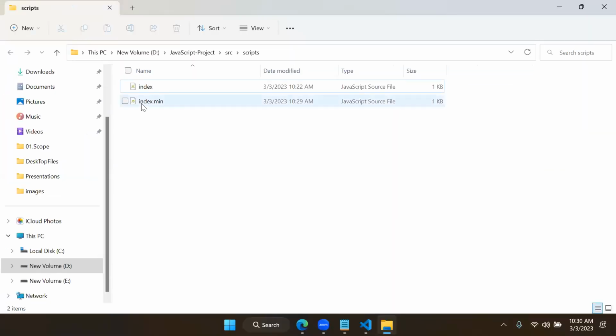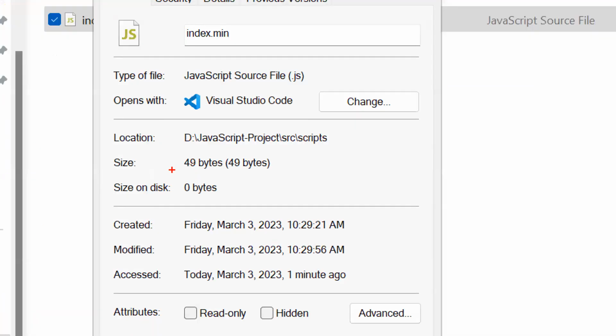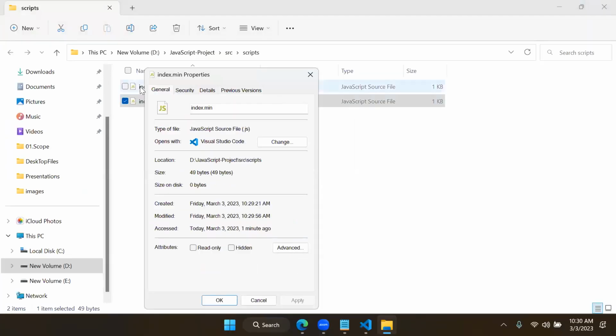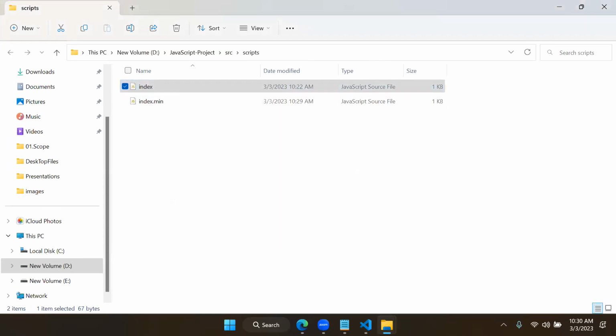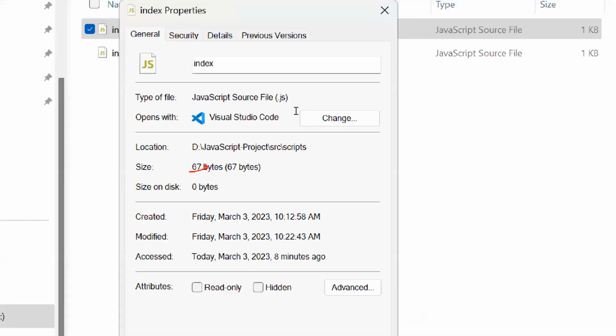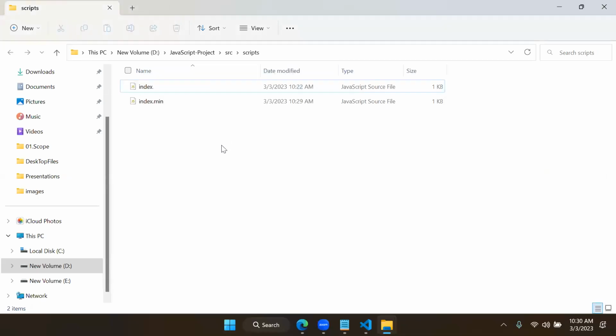In this minified file, right click and see the properties. It is occupying 49 bytes. It was 67 bytes. That means the original file is 67 bytes and it is now occupying 49 bytes. So it is 67 bytes original. Now the size is reduced. This is called minification. While using CSS, while using JavaScript, in real world projects, a developer is given 2